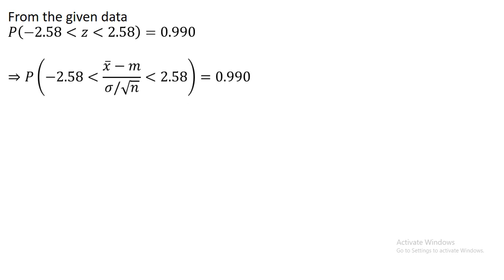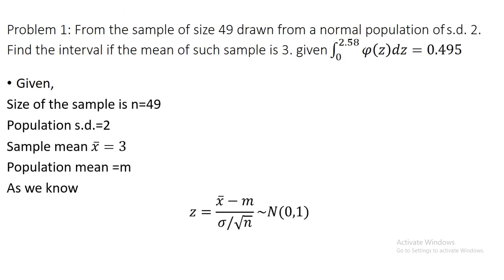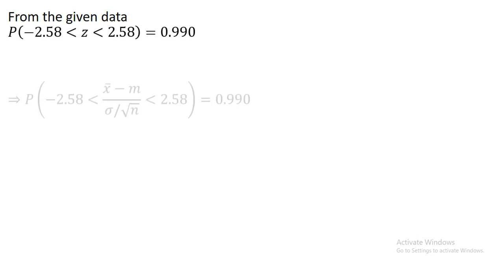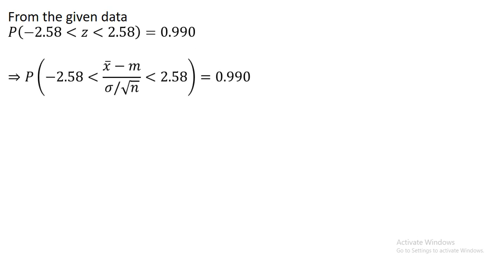But according to the previous slide, look at z. z is x bar minus m by sigma by root n. So we can write that minus 2.58 less than x bar minus m by sigma by root n less than 2.58. Just replace the value, probability equal to 0.990, and of course